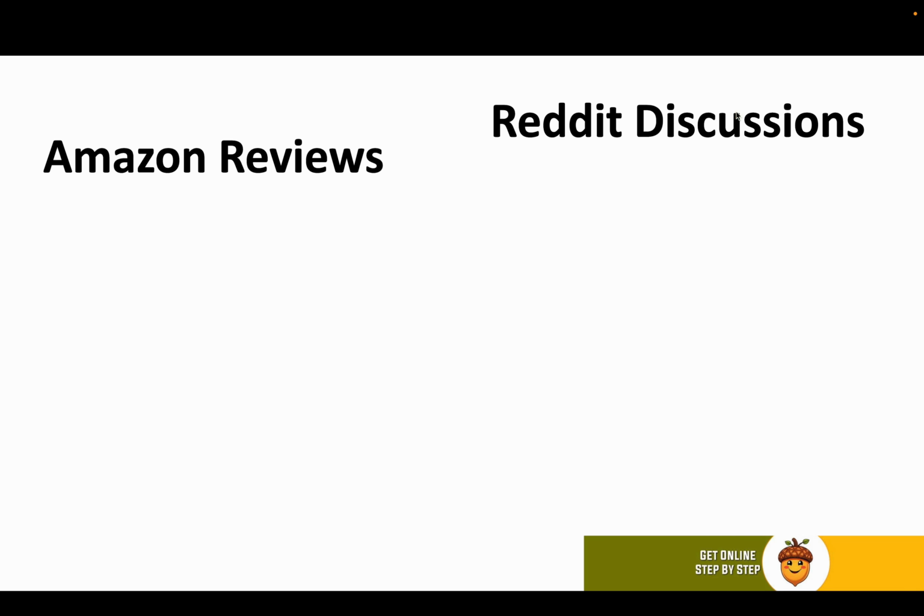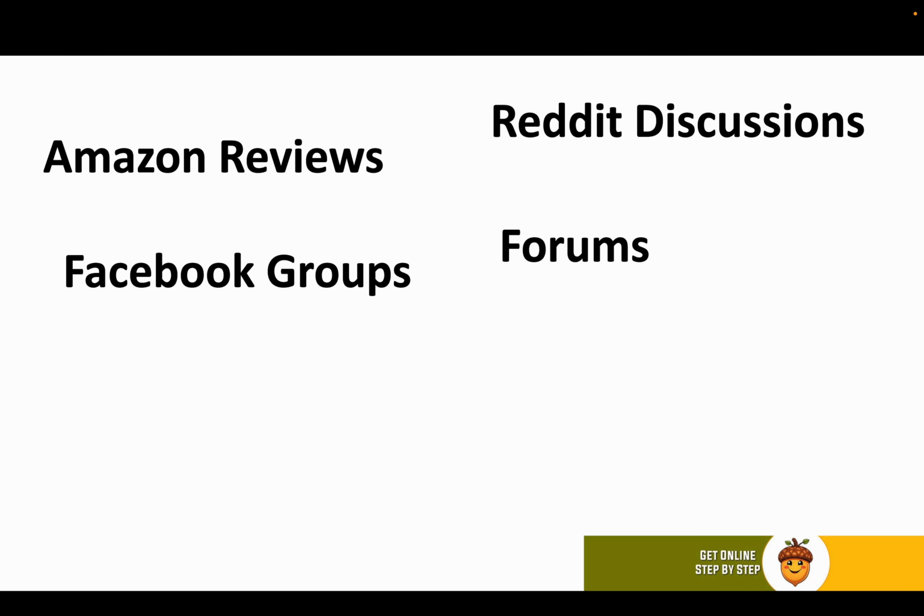If you're still stuck, another strategy is to pay attention to real world problems. Think about the tools you use every day, like Amazon reviews, Reddit discussions, Facebook groups. These are goldmines for understanding what frustrates people. Join forums. Try keyword research tools like Ahrefs or Jaxi. And because these show what people are searching for, especially the long tail keywords like best ergonomic chair for lower back pain.